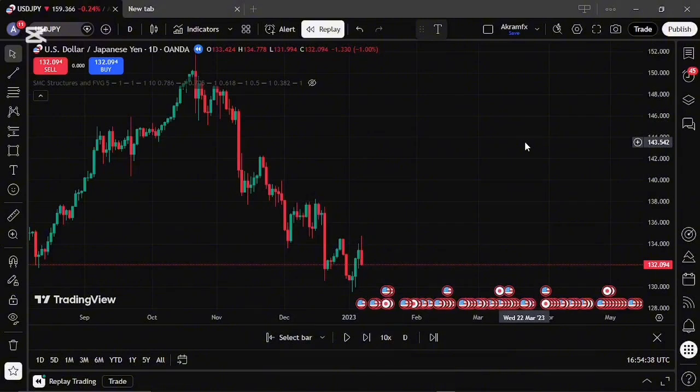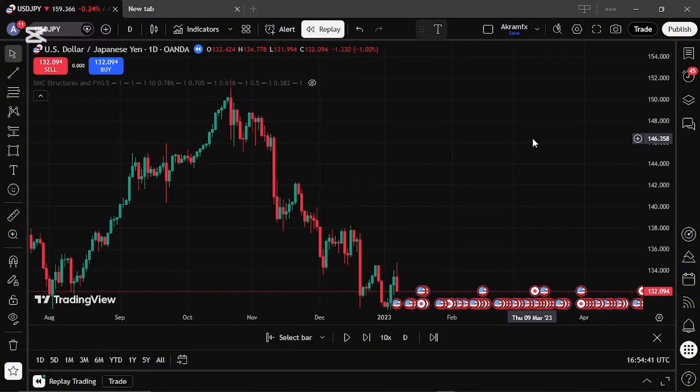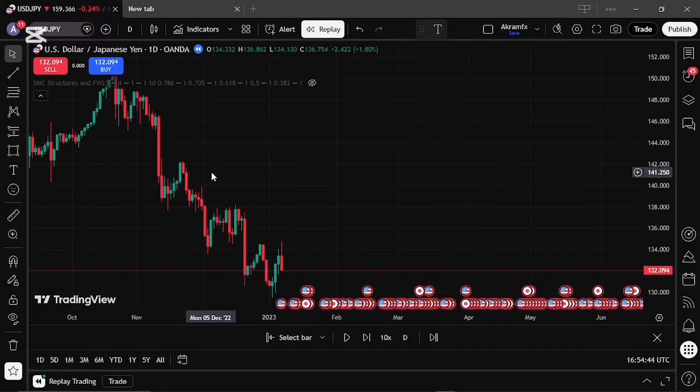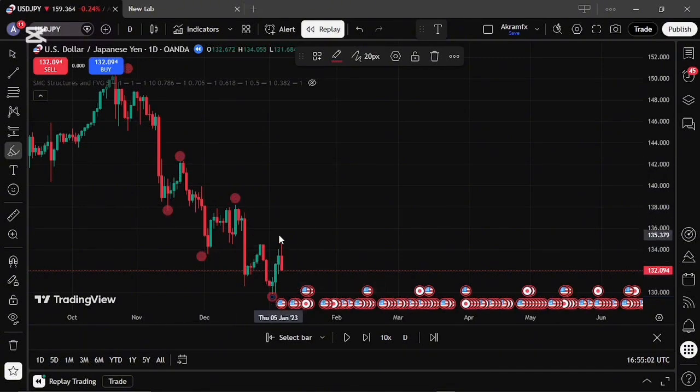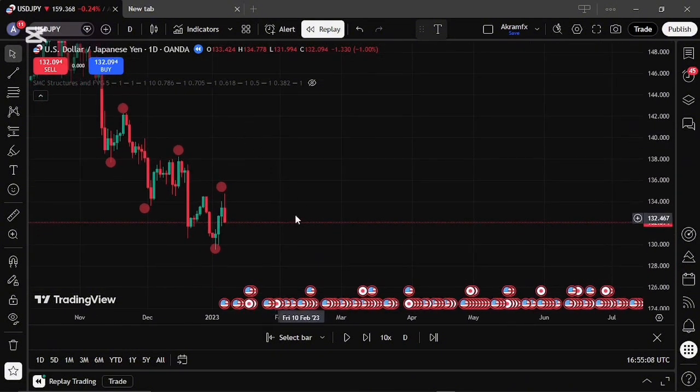Now let's see another example. In this example, we are having a downtrend, and this is the pair USD/JPY. With this pair, we can see a downtrend consisting of a series of lower high, lower low, lower high, lower low, lower high, lower low, lower high. And basically all we want to see is that prices keep on breaking structures, so that the downtrend stays intact. So when we try to play this out,